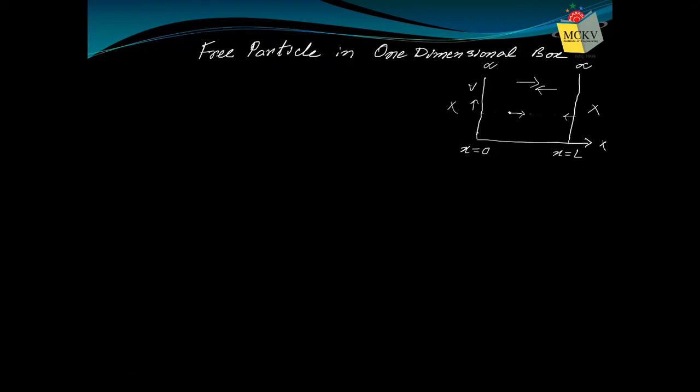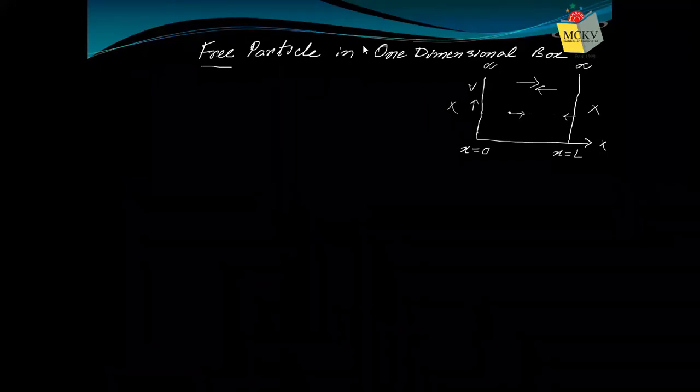Next thing, we are saying the particle is a free particle. What does that mean? By free particle, we mean that the particle is not doing any work. That means, in other words, there is no force acting on that particle. Within this region, there is no force. We are assuming that there is no force acting on that particle. If there is no force acting on that particle, then the particle is not doing any work against those forces.